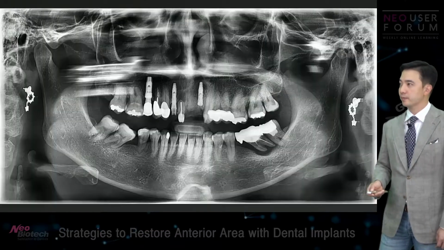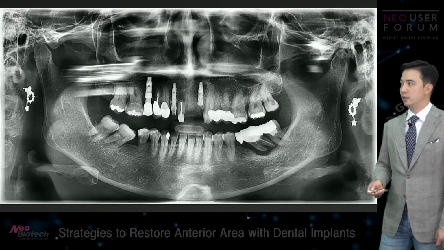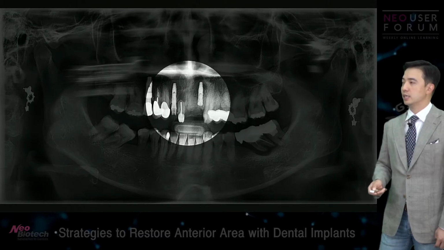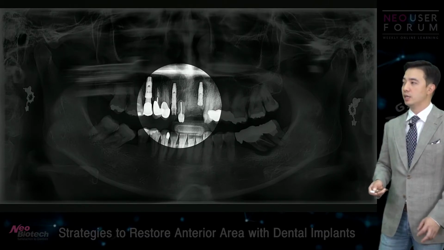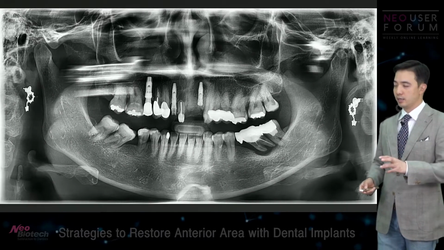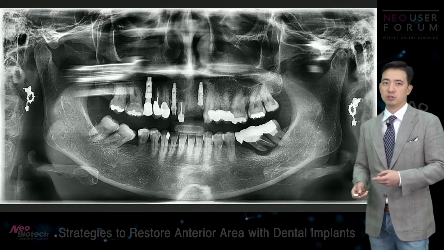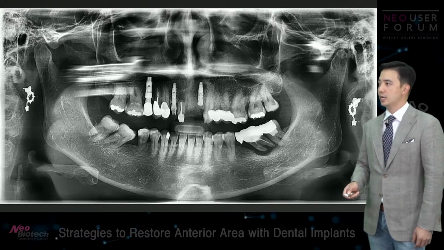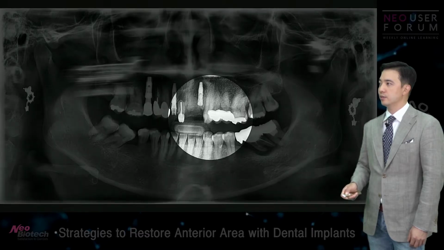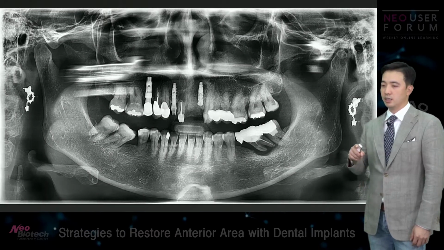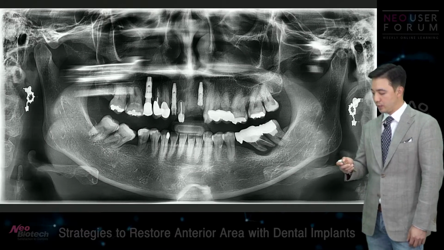So this time, the good thing was the number 12 implant already had a good ISQ value. So what I did was I used these two and then cantilevered those two. Okay, so cantilevered 21 and 22